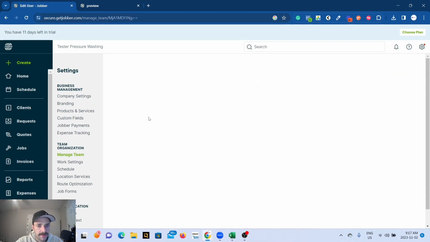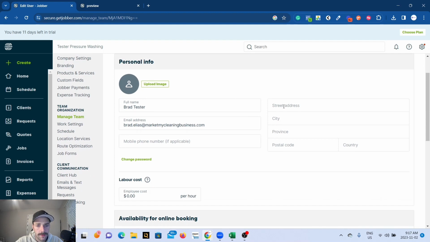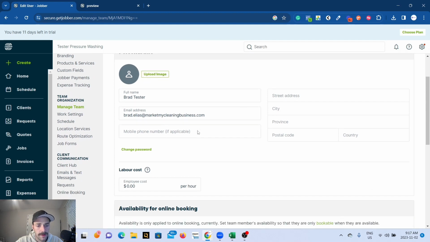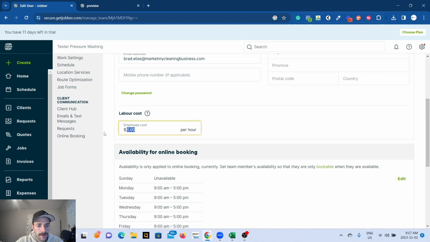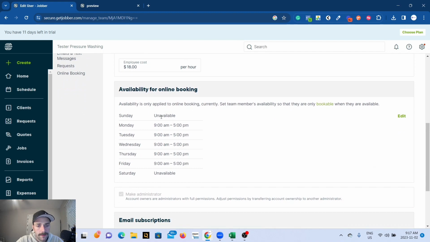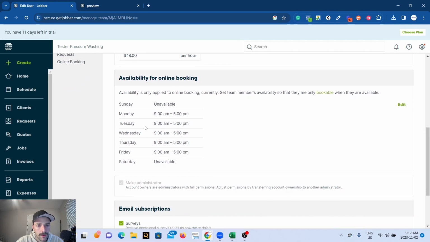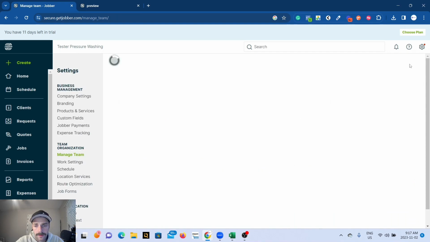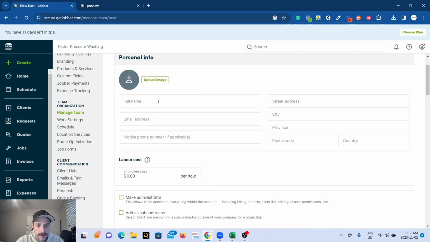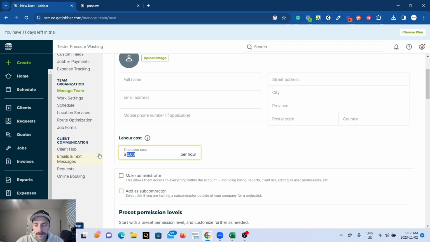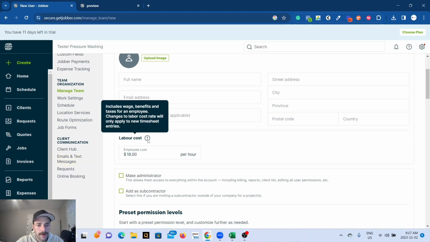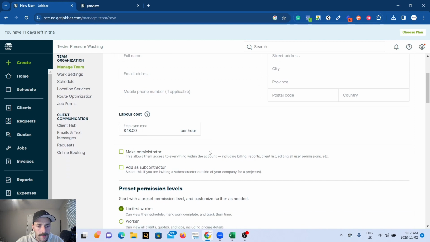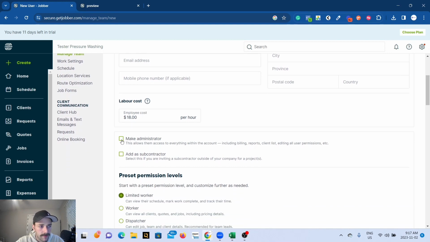Now to edit permissions, click on that user, put in their address, upload an image, phone number, email. You can put in how much you pay them per hour. Availability for online booking, we'll go more in detail in the online booking video. It's not an admin. So name, their address, their email, their phone number, their hourly wage, help doc there. So you can either make them an administrator,